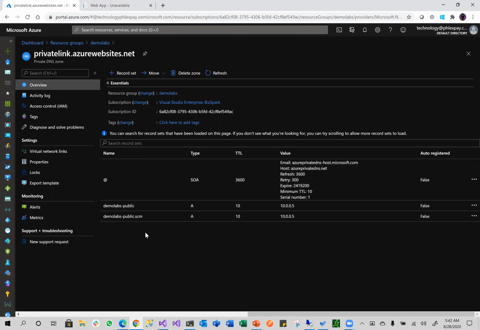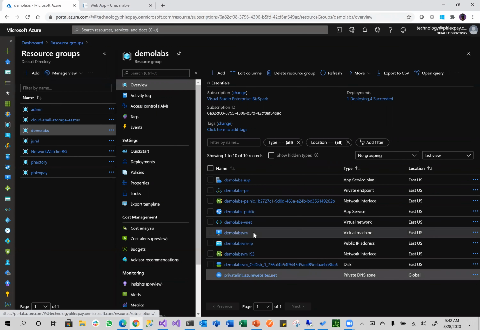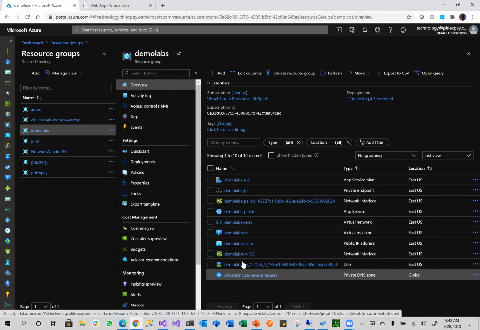And you can actually resolve these host names to multiple IP addresses here. All it's going to do is map it so that those resolve, and then you should be all set. And then the final thing that's happening is that if you look over here to the Demo Labs